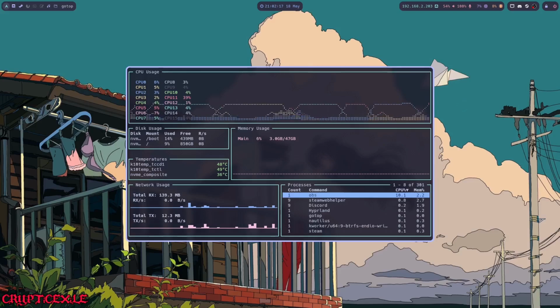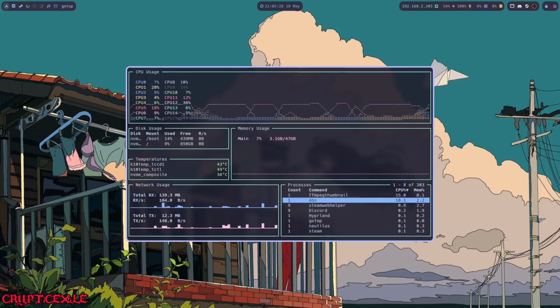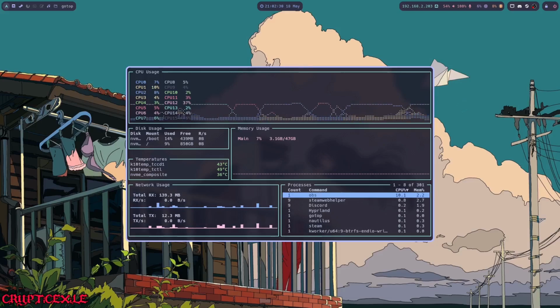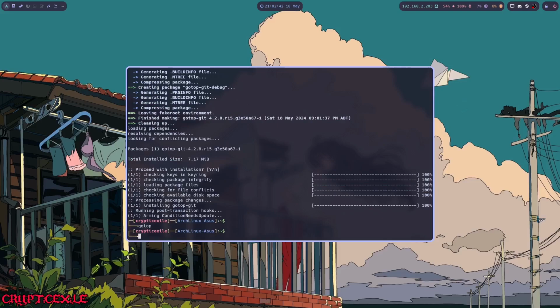It's the system or something using at least a gigabyte, but I have 48 gigabytes in there. I have two 8 gigabytes and two 16 gigabytes, which is 48. Yeah, this little program is pretty cool. I like it. So that's basically Go Top. So yeah, that's just my little video here.